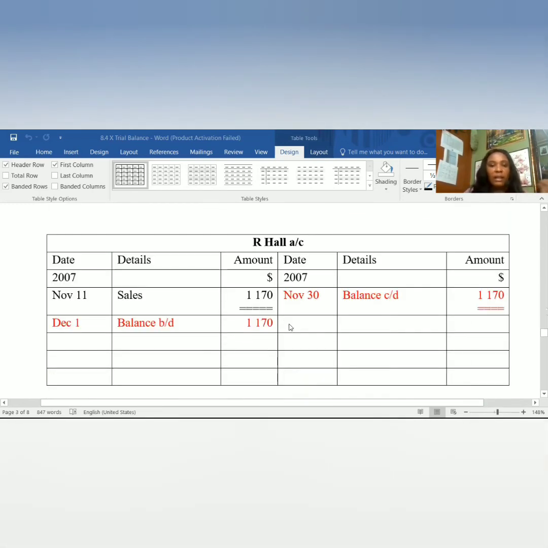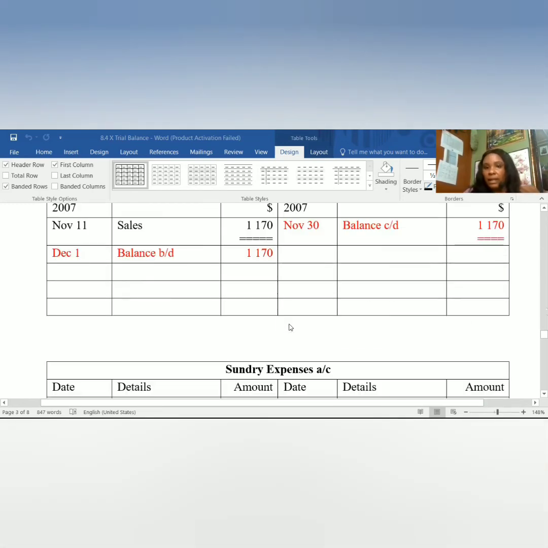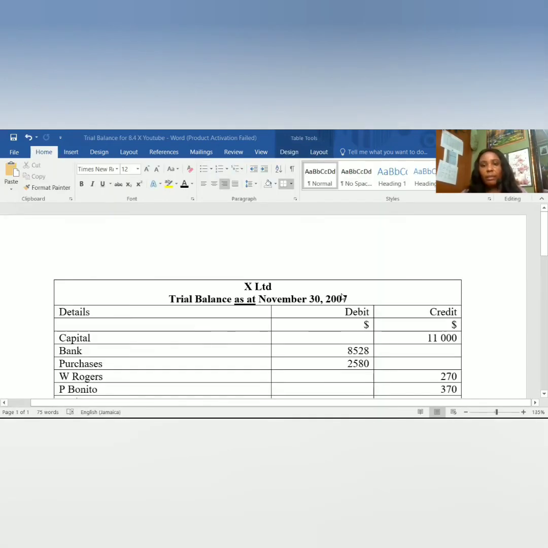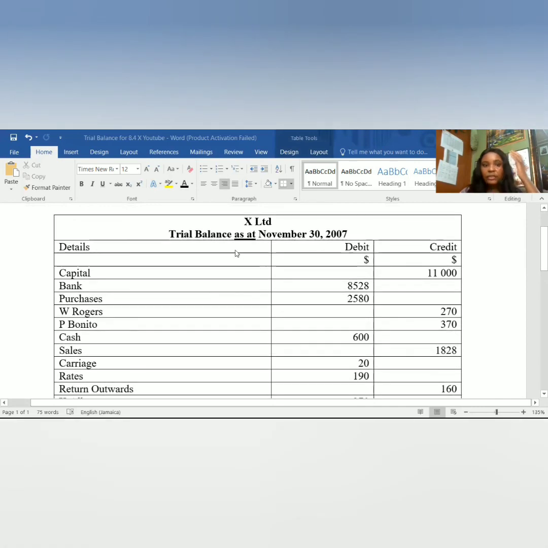K. Alberja, R. Hall, just pick up your balance brought down figures and put them on. This is what the completed trial balance looks like. X Limited trial balance as at 30 November 2007. Like I said to you, your headings are very, very important, and so you need to spend time on your headings. So you have capital, credit side $11,000, bank, debit side $8,528, purchases $2,580,